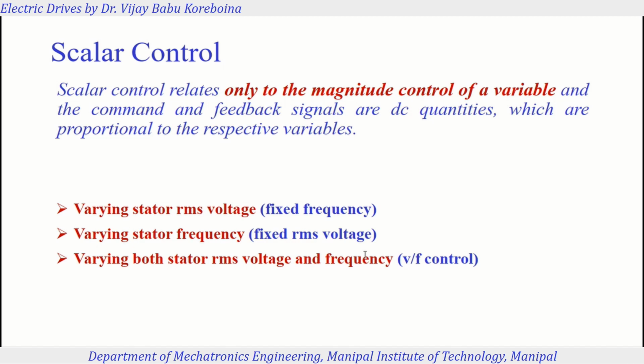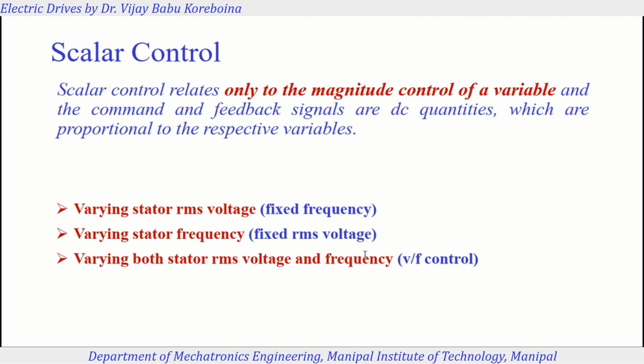So magnitude and position, at what flux, what rated flux it is running, that's what it is. In the previous equations we have seen E_rms is proportional to f times phi_m. Phi_m was maintained rated. So E by f, that is volt by hertz, is approximated to the flux. That means we have done approximate control, not accurate control of the flux. Keep that in mind. So there, only by changing stator variables, we are changing the internal flux,